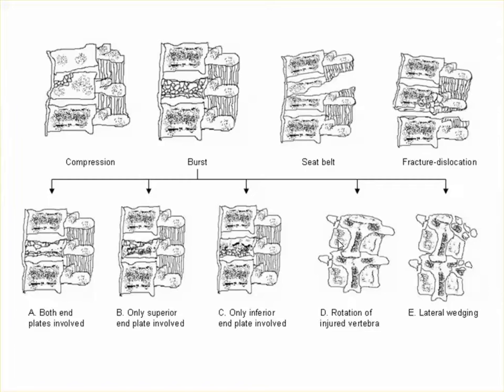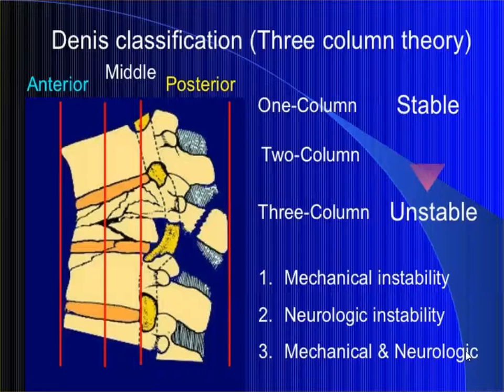So different types. On the top left is just a compression of the anterior column. You can have an osteoporotic burst fracture, but the posterior column is intact. And these are all the different types of fractures. I won't get into them. So again, we just said one or two columns are usually reasonably stable, but three columns are definitely unstable, and